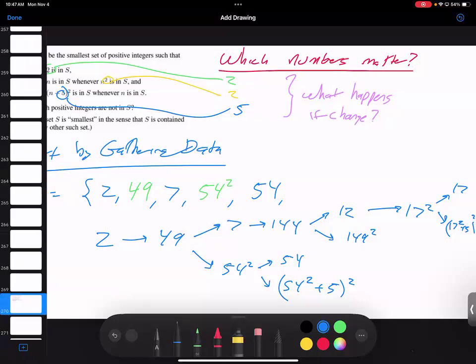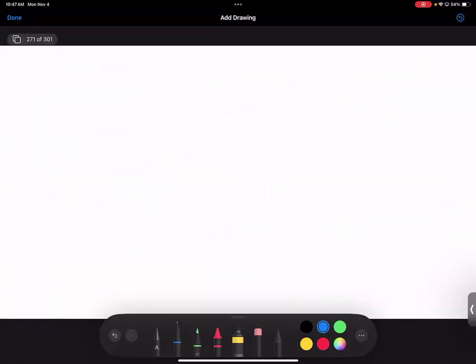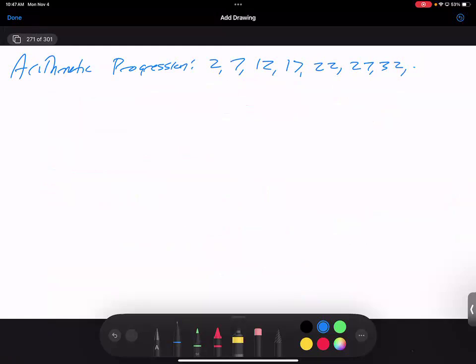And again, we're not going to solve this problem today. We'll finish it on Wednesday. But let's look. We know we have an arithmetic progression. We have 2, 7, 12, 17, 22, 27, 32, and so on. So the question is, are any of these a fourth power? Because if one of these was a fourth power,